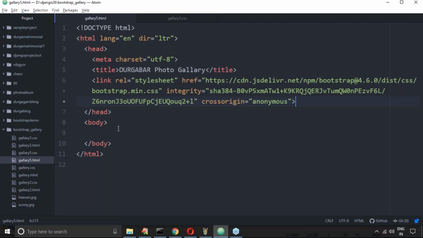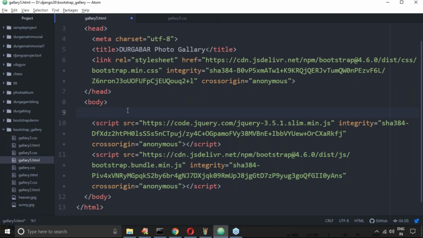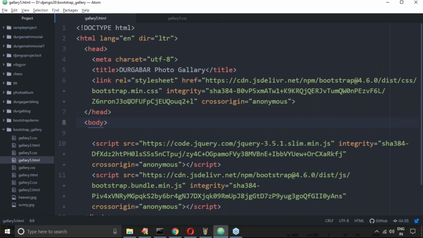What I will do is, inside the body, anywhere we can take these CDNs for jQuery and JavaScript. At last I'm taking this one. That's all. So, clear, right? Up to this point, are you facing any difficulty to understand? Please confirm.